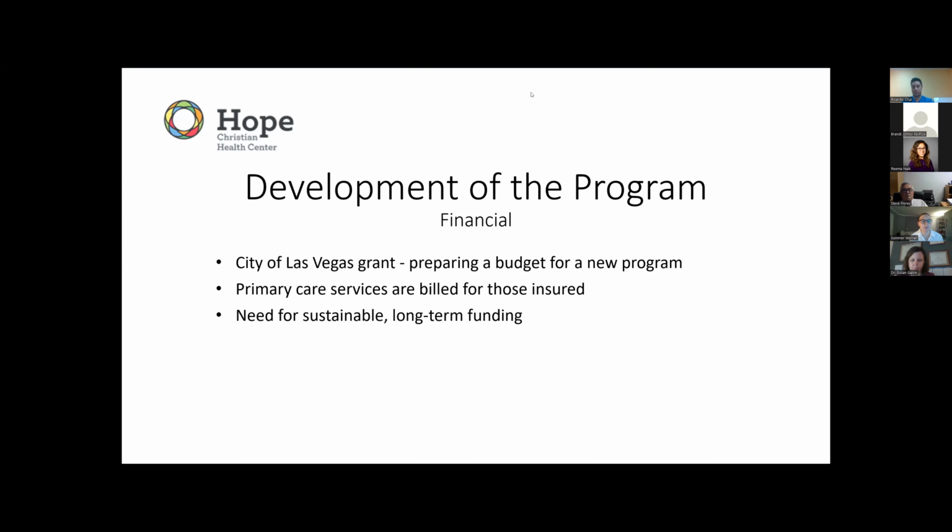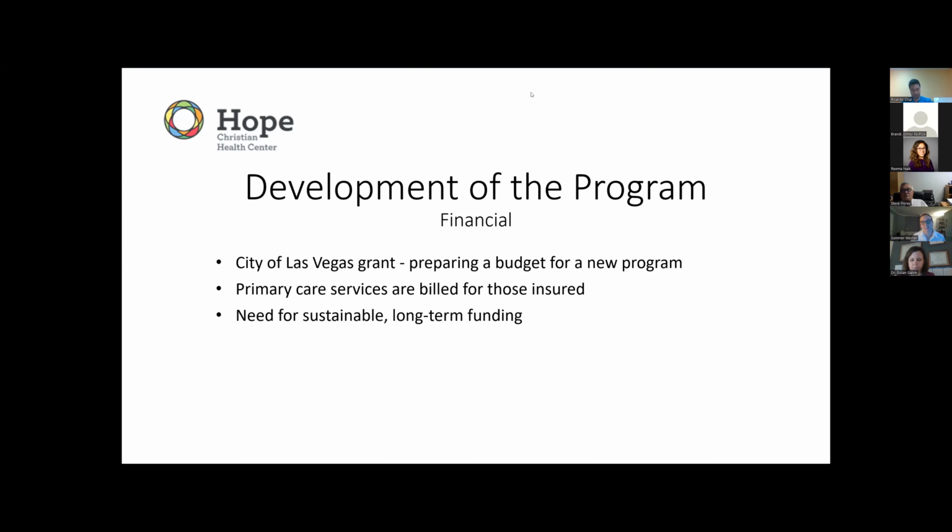We do bill for primary care services. We are unable to bill for respite care services, and that will be more here in just a few minutes. So uninsured patients, we work to see if they're eligible for Medicaid, and if they qualify, we enroll them. But otherwise, the cost of recovery for our patients falls on HOPE as an expense.